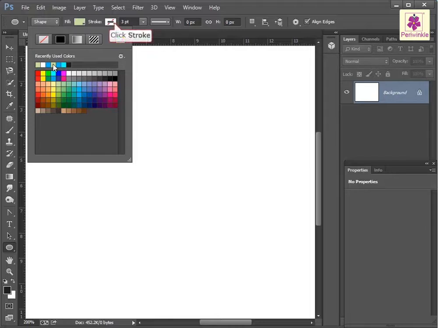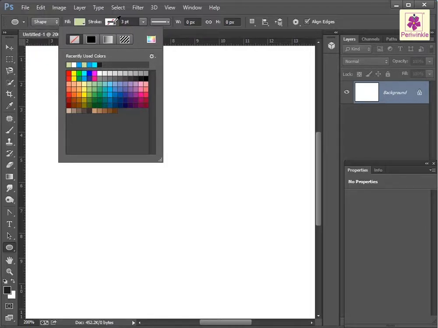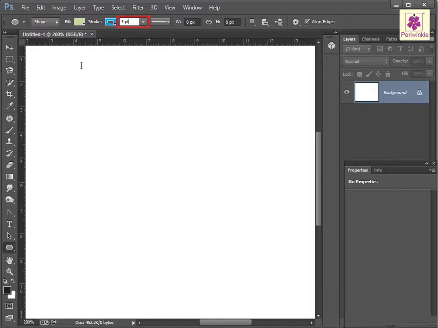Then, click on the Stroke swatch and from the Color palette, select a color, for example, blue. In the Set Shape Width box, type a value for the shape outline width. For example, type 2